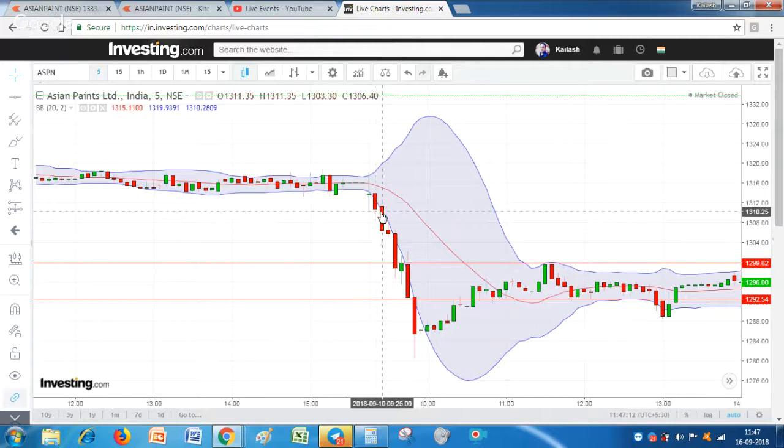Okay, friends, so we should have taken a short, even if we look at the first candle also. Or better to say, a short entry below this second candle low. This candle I am telling you, because this candle is fully below the Bollinger Band. So for any candle that is below the Bollinger Band, or some part of that candle is below the Bollinger Band, we can take a sell entry only on that side, once it goes below the previous candle low. And the same thing can be applied on the buy side.